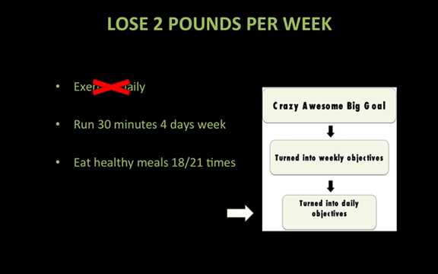Now, I really like to be specific, as may be obvious by the eat healthy meals 18 out of 21 times, and that may initially seem a little bit complex or confusing, but it's actually really, really simple. All I do is I keep my weekly and daily objectives on a sheet of paper, and I track it every morning. It takes about 10 minutes, and I simply pull out my piece of paper, and I start with 18,